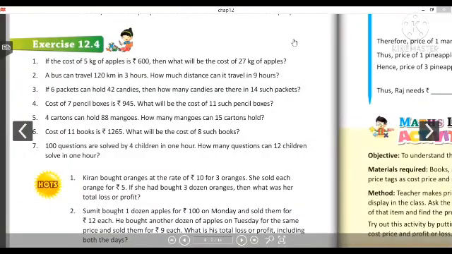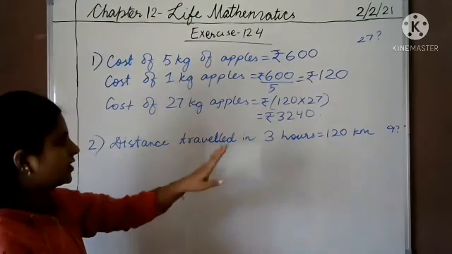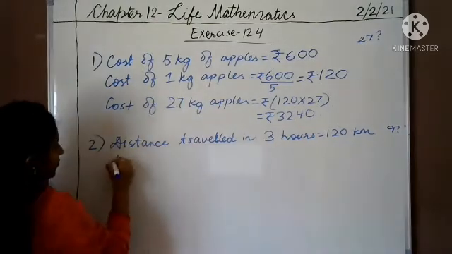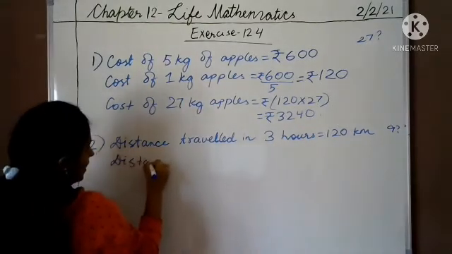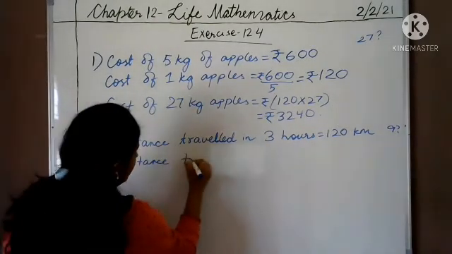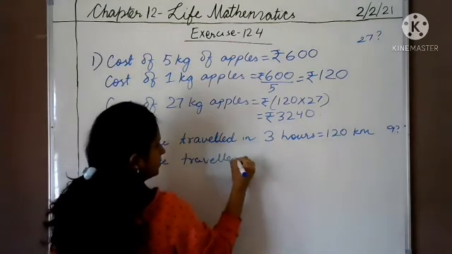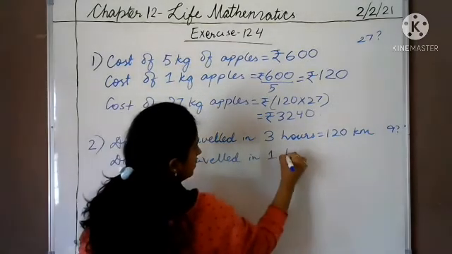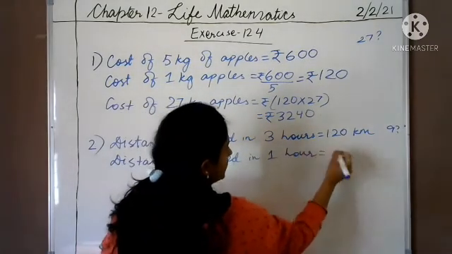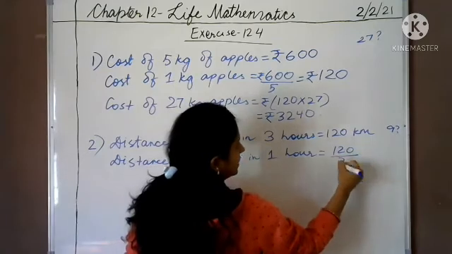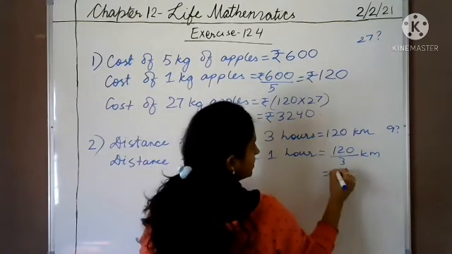Question number 2 says that a bus can travel 120 km in 3 hours. How much distance can it travel in 9 hours? Okay, so we will solve it on the board. The distance traveled in 3 hours is this much. So first we have to find out the distance traveled in 1 hour, right? So distance traveled in 1 hour is equal to 120 by 3 kilometer, which is equal to